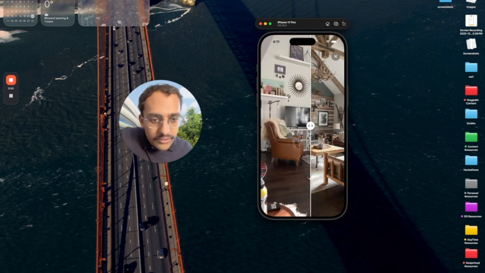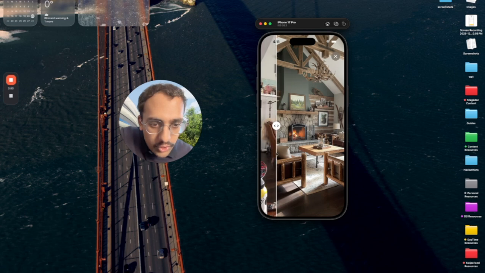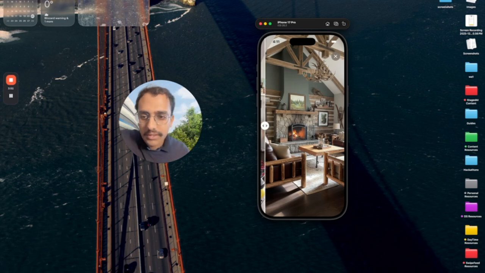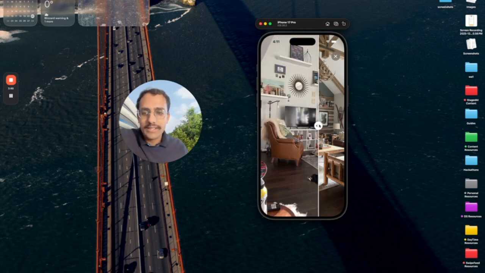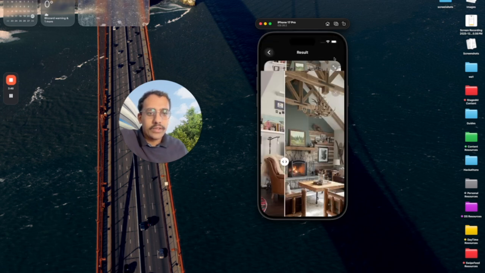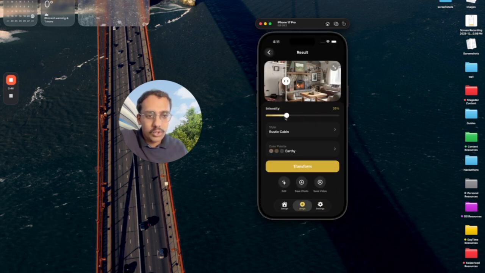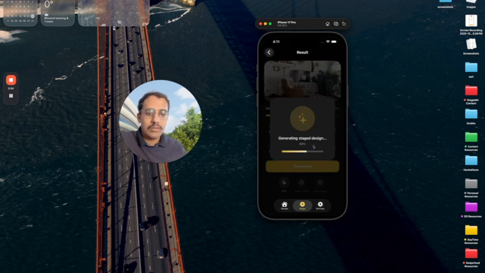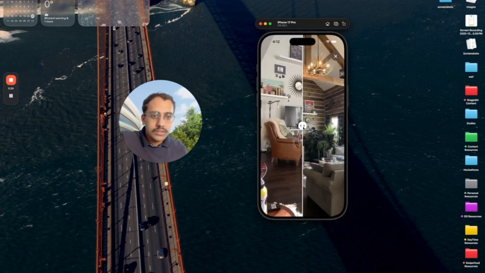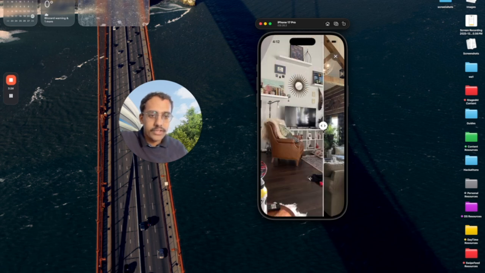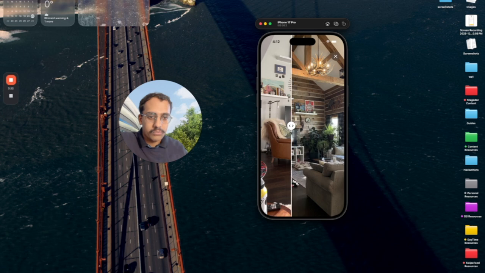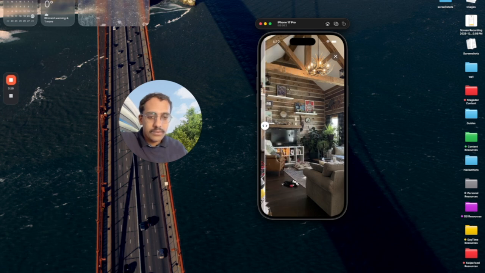So in this case, this is quite a stark transformation, but it's mainly there to give the user an idea of what they can do, and they can even set the intensity a little lower if it removed any walls, which is possible. So we can try it again to get a more realistic transformation. Yeah, so I think this keeps a bit of the features more, such as this bookshelf beneath the television,